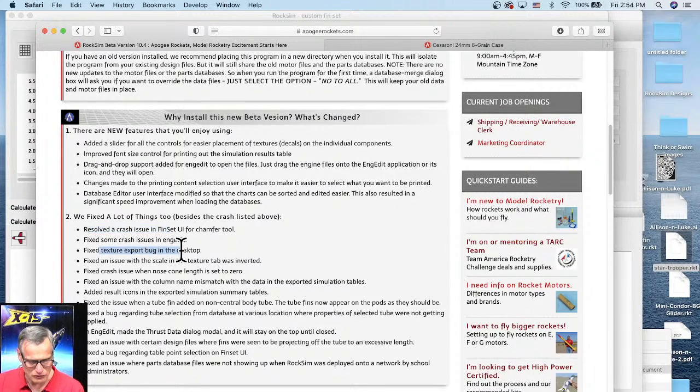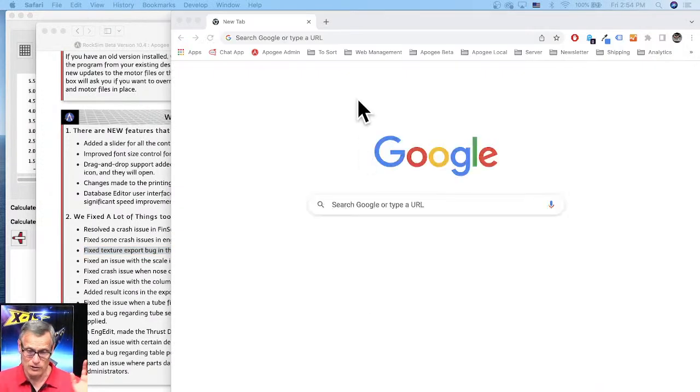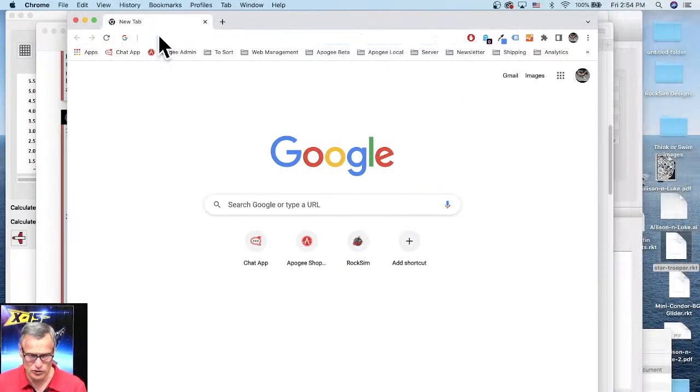We fixed texture export in the desktop. And this was an issue, this particular one on textures with the decals, what I'm talking about, had to do with the launch visualizer. So once you created it in RockSim and uploaded it into the cloud, into the launch visualizer, your decals would be correct. For those of you that don't know what the launch visualizer is, that's our online simulator. And there's no software to download for this. You just go to rocksim.com,